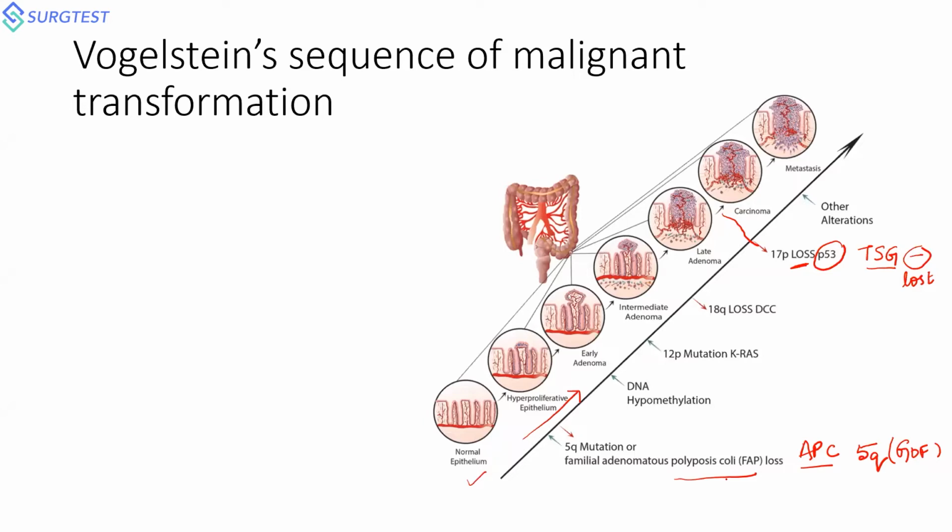It is just giving an impulsive start to it, but what propagates is a sequence of events which will be your KRAS, again an oncogene. Again, there will be gain of function. Anywhere in the body there is an oncogene, there will be only a gain of function mutation. Anywhere in the body there will be a tumor suppressor gene, there will be a loss of function of the tumor suppressor gene. This converts an early adenoma into an intermediate adenoma, KRAS. This forms a part of your intracellular cell signaling.